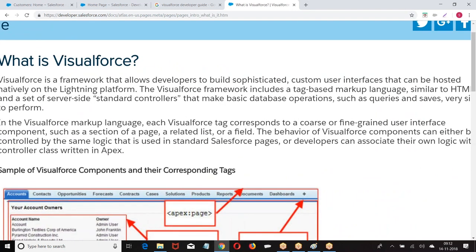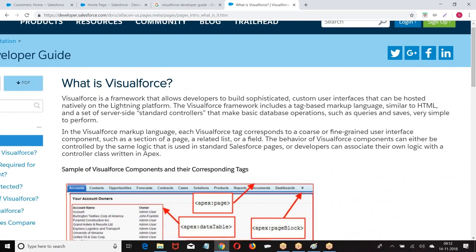Visualforce is a framework that allows developers to build sophisticated custom user interfaces that can be hosted natively on the Lightning platform.